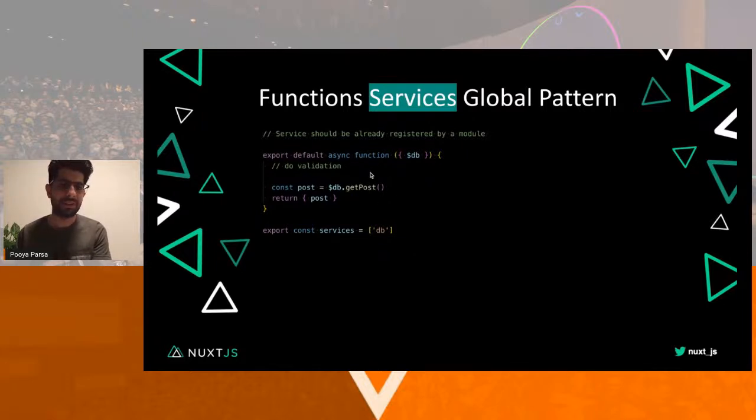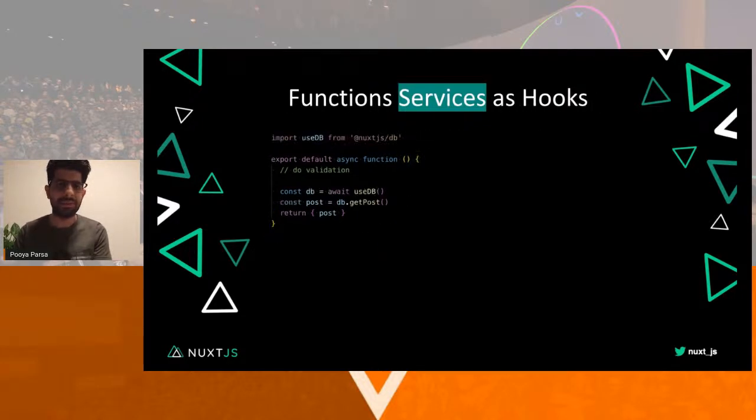Also, during the function call, it's always connected. As soon as the user is making a request, it's being loaded. So we just need to globally register every service, and you have to also declare it.